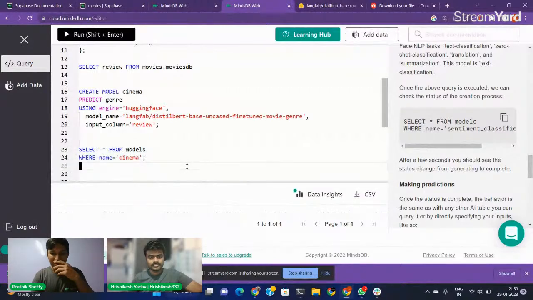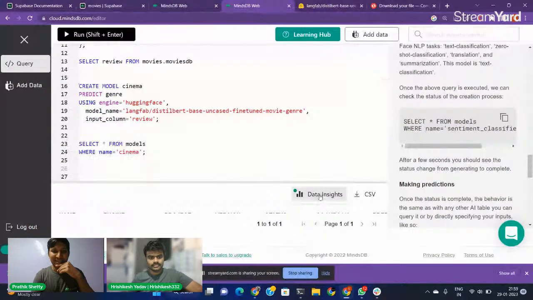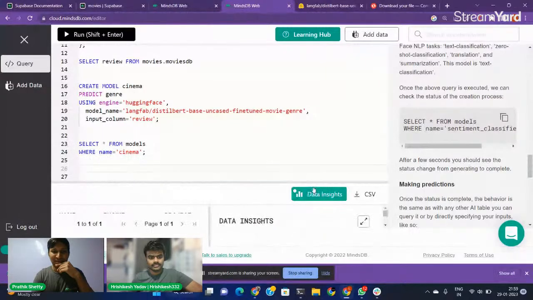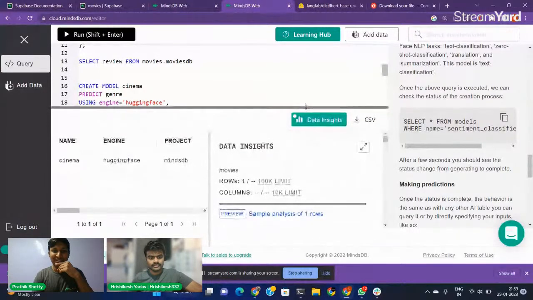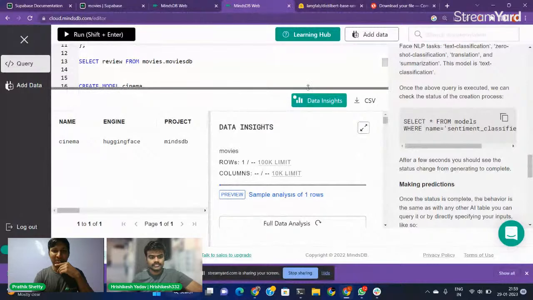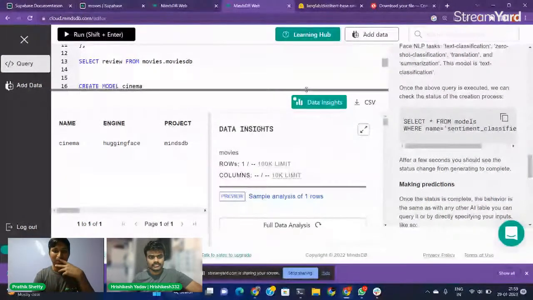Okay, and there is also a data insight thing. If you click the data insight, you will get to see number of rows, columns, and also if you click on full data analysis, you can see that also. We will not go into that now. So yeah,